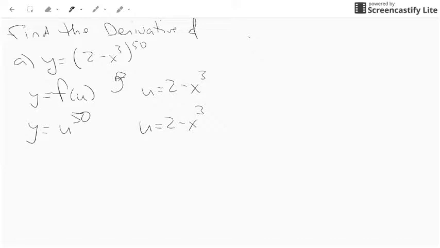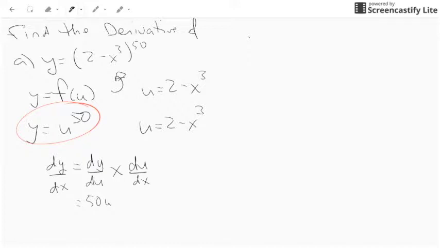Now, according to the chain rule, to take the derivative of this, dy by dx is going to equal dy by du multiplied by du by dx. So what does that look like? Well, dy by du, if I take the derivative of y with respect to u, I will bring down the 50. I'm just going to apply the power rule and subtract 1 from the exponent. So 50u to the 49